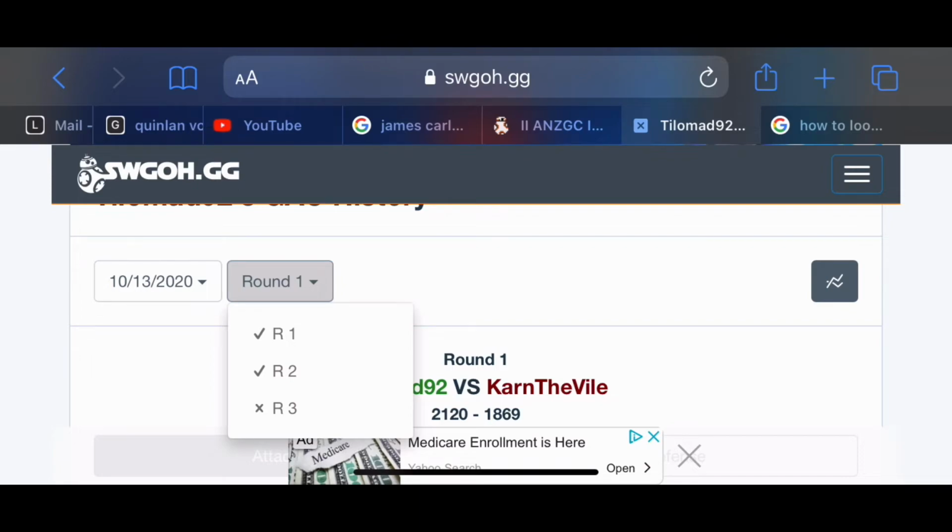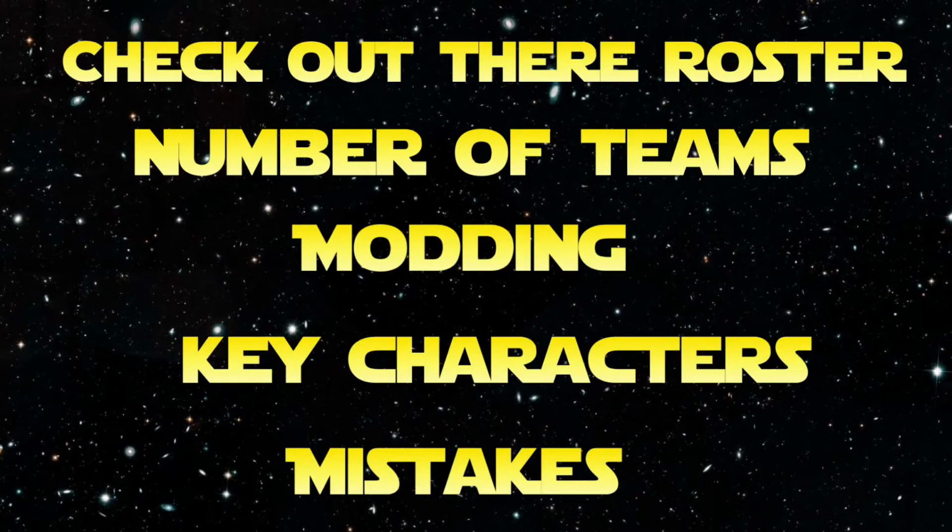All right, next up, we're going to take a look at one of the simplest yet most effective things you could do in preparation for your GAC. Let's just take a look at the roster. When we're taking a look at the roster, we're looking at 4 different types of things. We're taking a look at the number of teams, because that's really going to tell you what they have new in the roster, how many teams they can put on defense, how many teams they can put on offense,